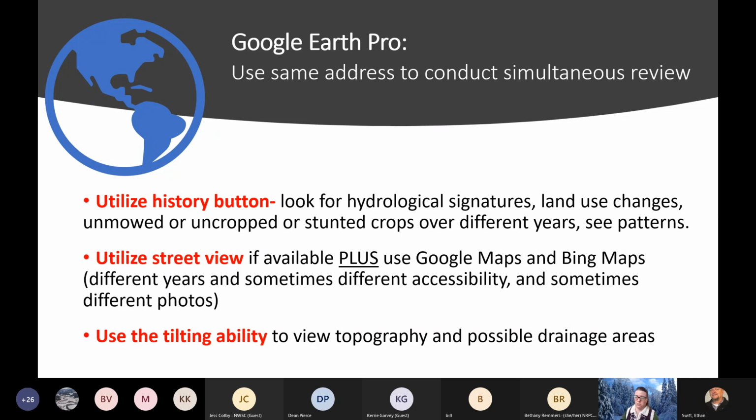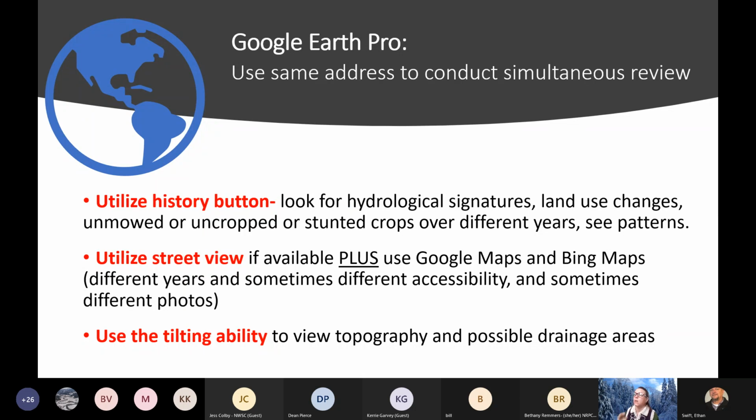Utilizing these history buttons really allows you to look for hydrologic signatures, consistent ones. You can see land use changes and how that may have influenced hydrology on the landscape. You can see where there has been consistently unmowed or uncropped or stunted crop growth over different years. You can start picking out those patterns when you go from one year to the next, to the next, to